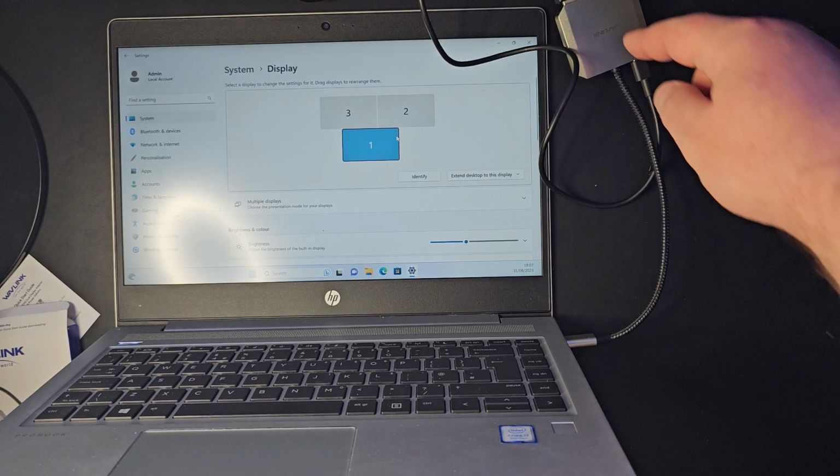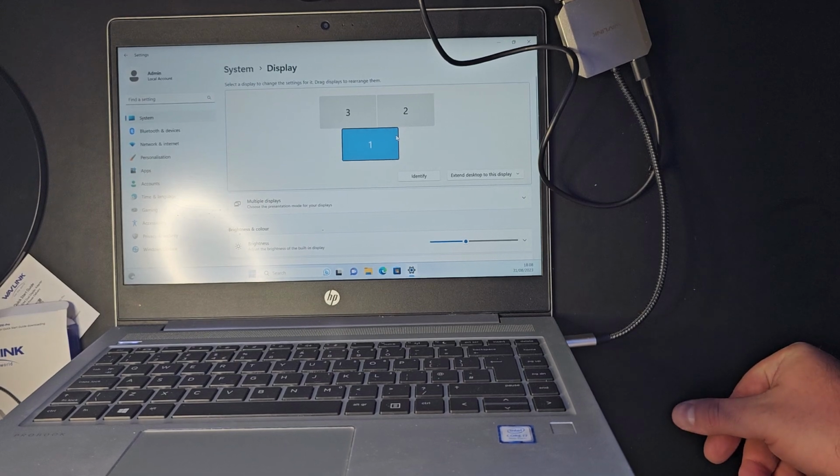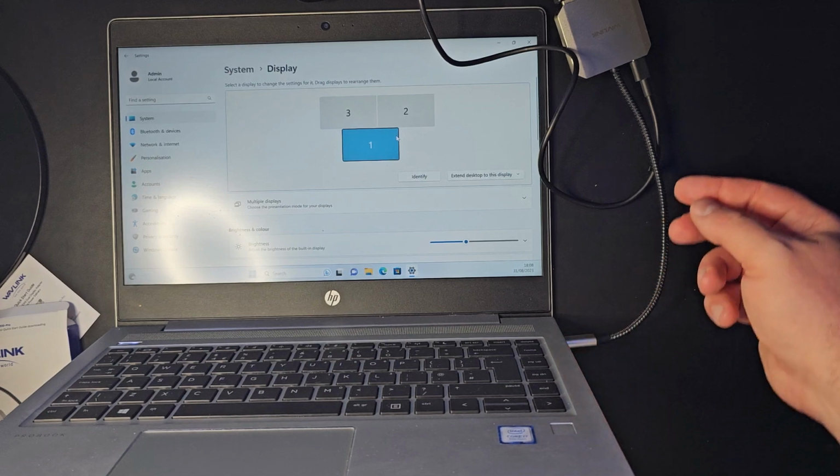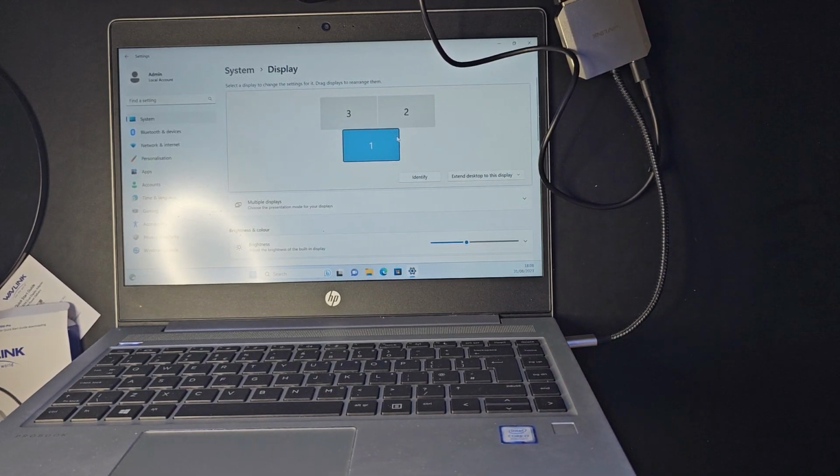2 HDMI in, and goes into the laptop using this USB-C port, and is also charging the laptop, and that's